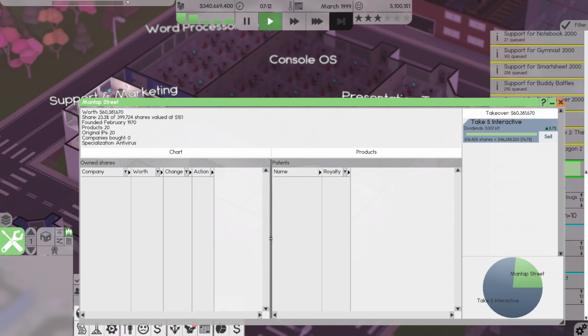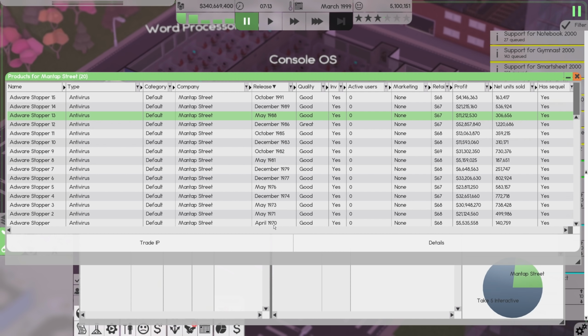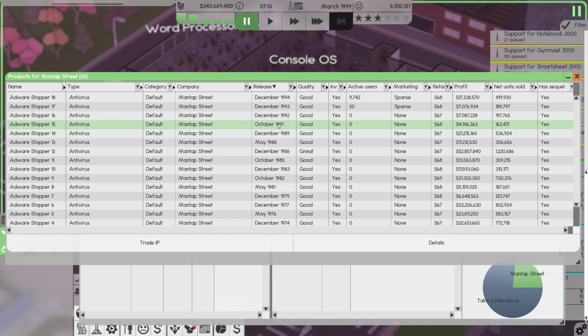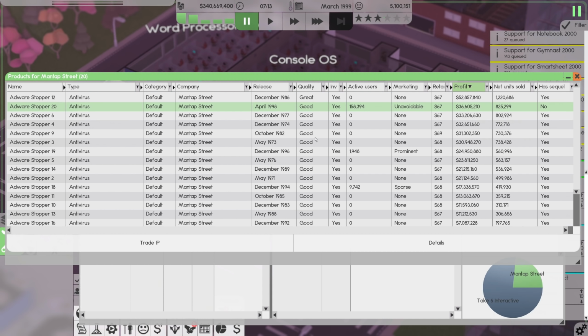But I don't actually know what they do. So let me pause real quick and see. So what are their products? What is their last release? It was 98. They are making money. They do antivirus. They do adware stopper is what they do. So I would actually be kind of tempted to take them over because they were doing yearly releases for a while. They were doing almost yearly releases. Every single one of them has made a profit. Admittedly, 91 was a rough year, but they've been gradually building up since then. And I would imagine, having released this less than a year ago, that's done pretty well for them. In fact, that's on track to become their most profitable piece of software.